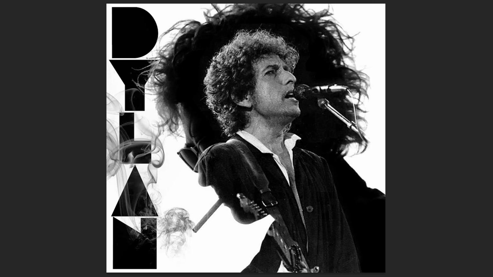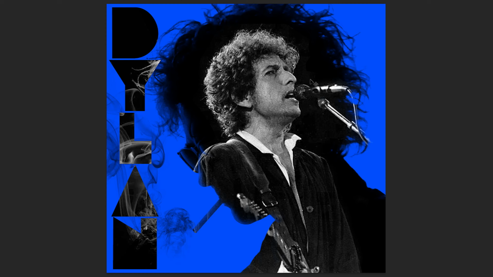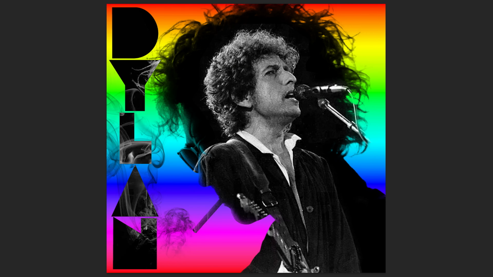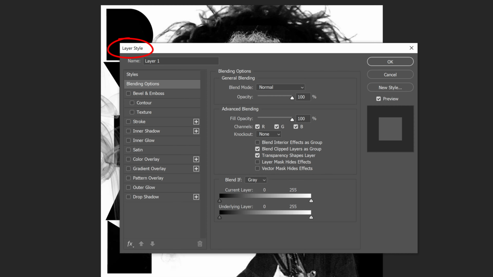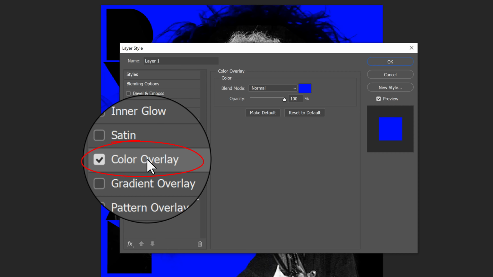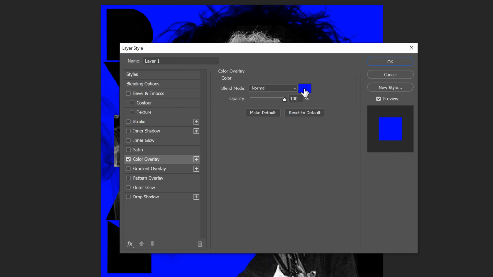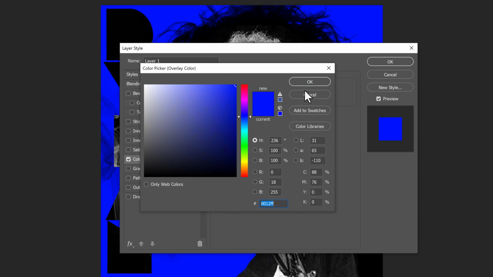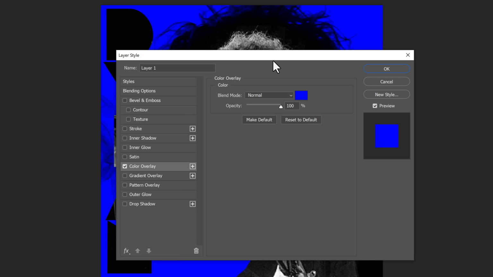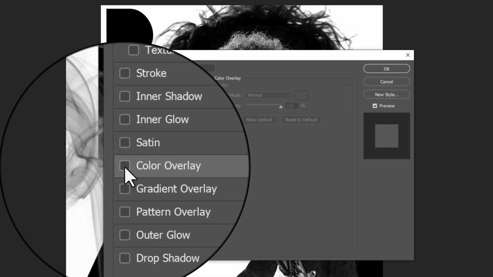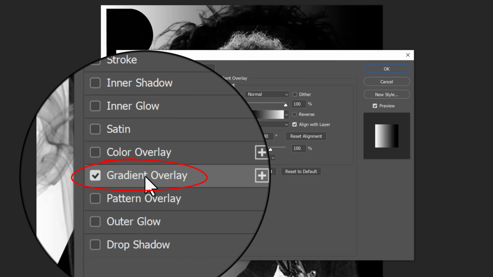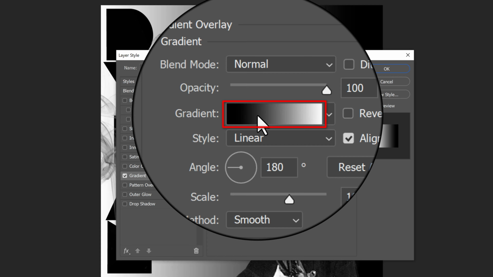If you want the poster to pop more, I'll show you how to quickly add color to the silhouette, including gradients. Double-click the white layer to open its Layer Style window. Click Color Overlay. Click the color box to make it any color you want. To make it a gradient, uncheck Color Overlay and click Gradient Overlay. Click the gradient bar